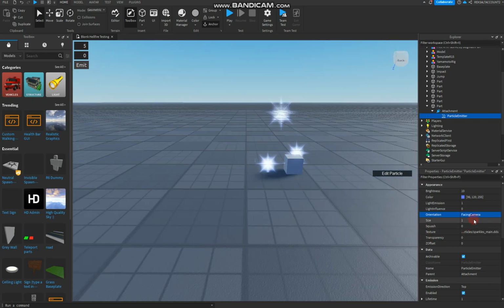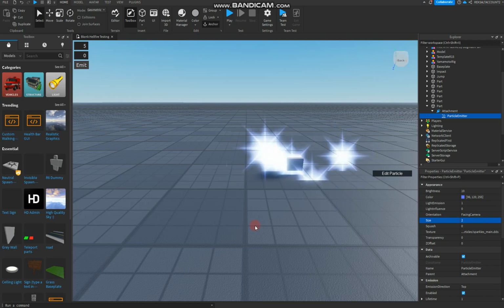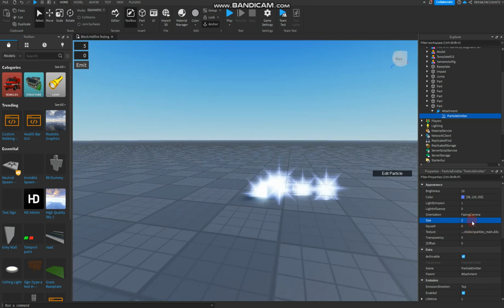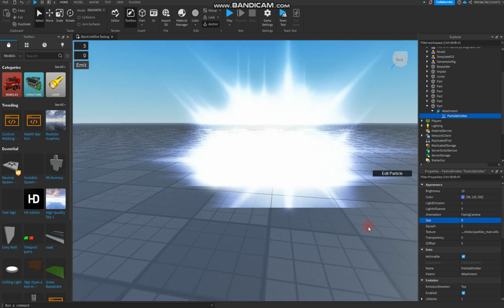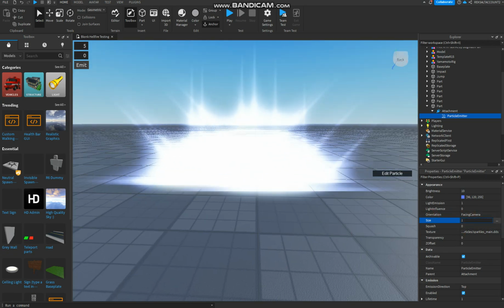Anyways, size judges how big the particle is. For example, if I set it to 2, it's basically size 2, probably 2 studs or something, 3, 9, whatever you can think of. There's also